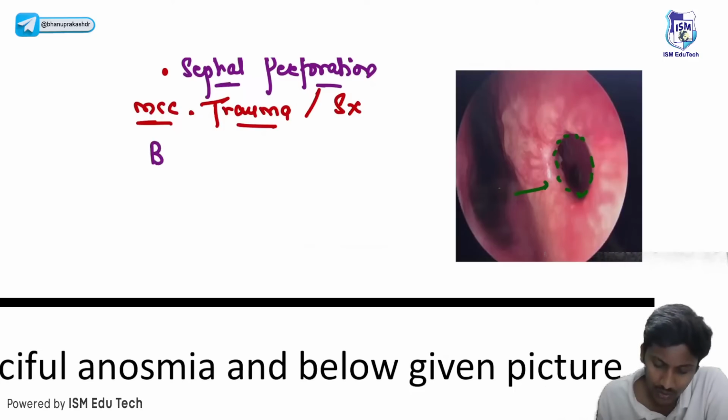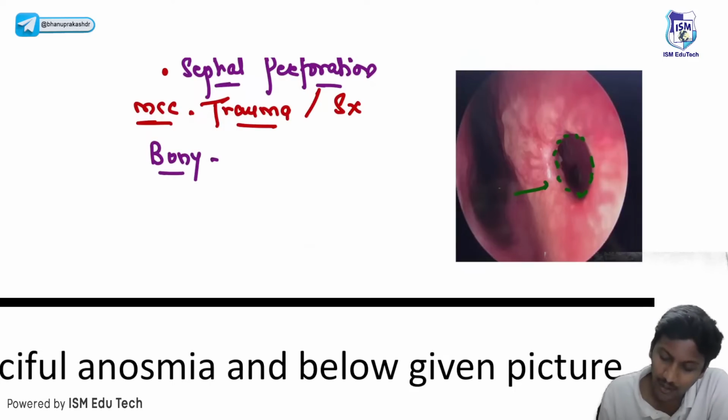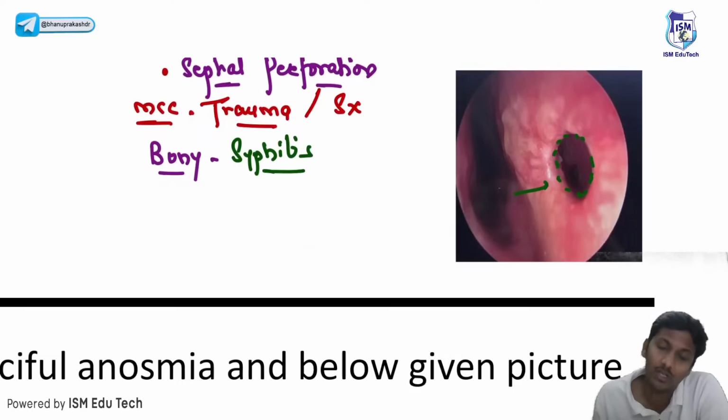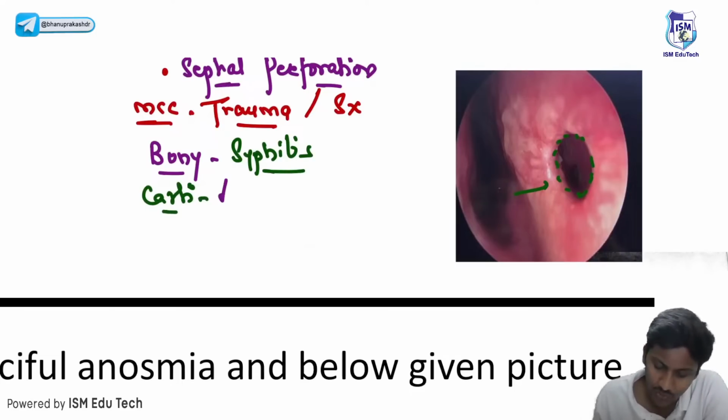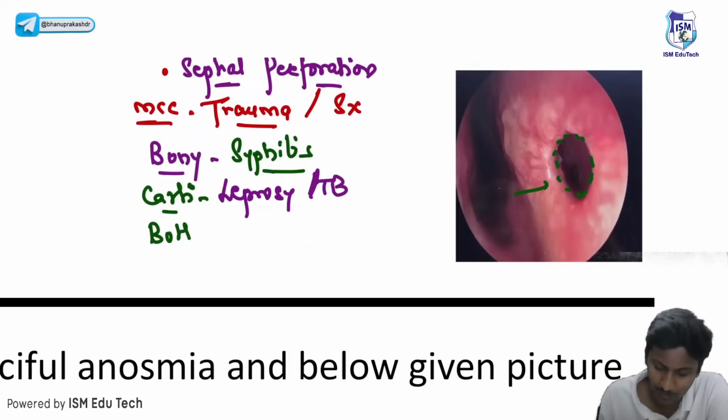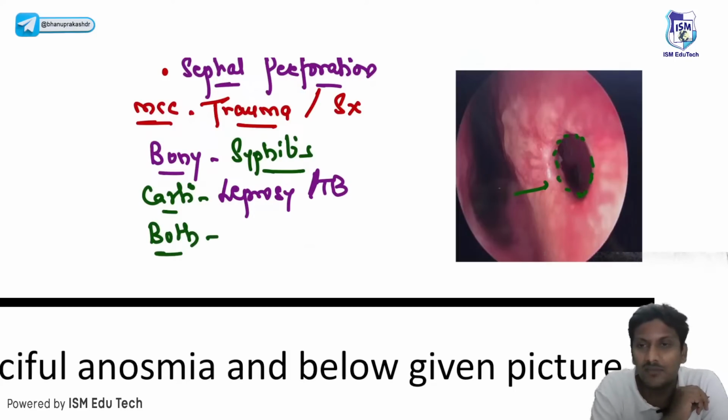Apart from this, definitely there will be some granulomatous conditions. If there is perforation in the bony part, it is due to a condition known as syphilis. If there is perforation in the cartilaginous part, it is usually due to conditions like leprosy, TB or lupus. Whereas if there is perforation in both the parts, in bony as well as the cartilaginous part of the nasal septum,